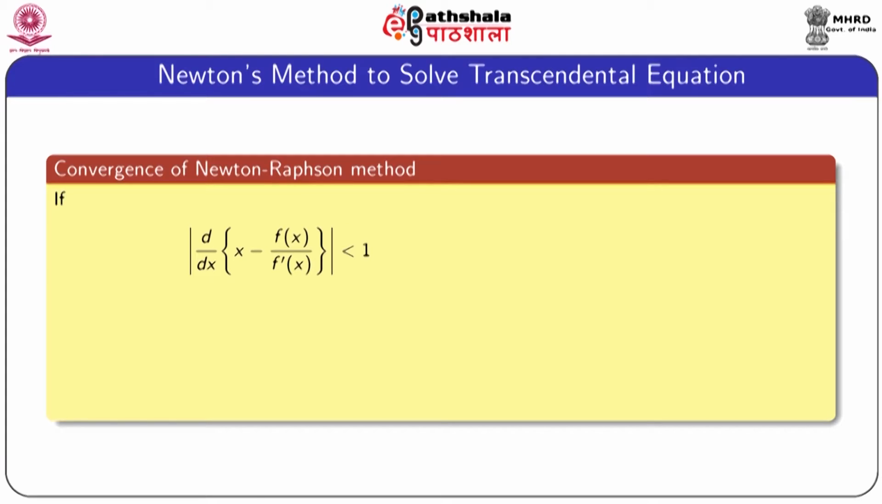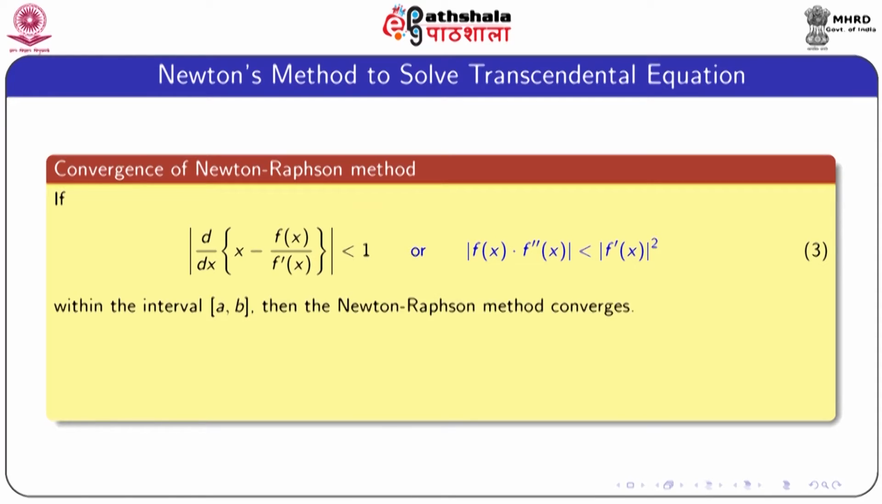Now we discuss the condition for convergence of the Newton-Raphson method. The condition is: if the absolute value of the derivative of the expression x minus f(x) by first derivative of f at x is less than 1, or the absolute value of f(x) times the second derivative of f at x is strictly less than the absolute value of the first derivative of f at x, to the power 2. If this condition is satisfied, then the Newton-Raphson method converges. Also,